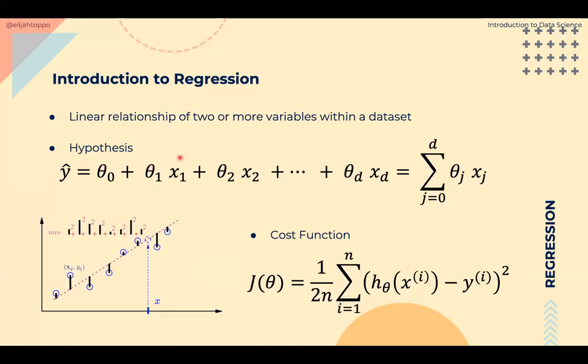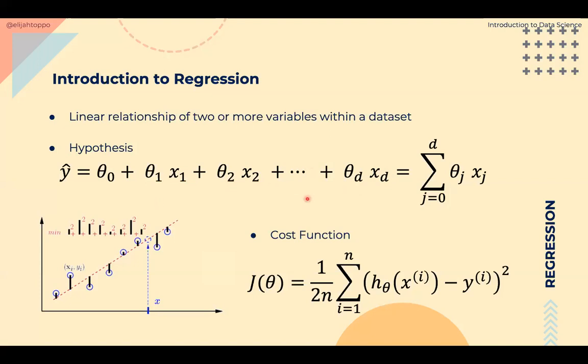Okay, we have variables x1, x2, x3, xd. These are your d dimensions of the data that we are trying to fit. So you could imagine, if this was the Titanic data set, that this is age, this is number of siblings, this is the fare that someone paid, passenger class, and so on. So x1, x2, x3 come from the different features of the data.